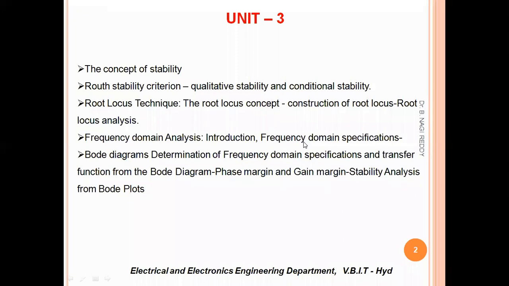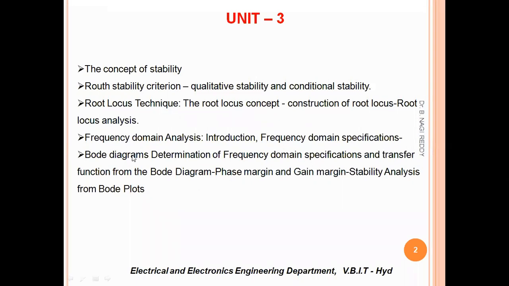The same thing we have seen in unit 2, that is time domain specifications. We have seen rise time, fall time, delay time, peak overshoot, these terms we have seen, right? So here also we'll come across the frequency domain specifications. A few terms will be there because this is the frequency domain. We will regularly use a few terms, and we need to know what those terms are, how they are defined, and how they can be calculated. We will see that in the concept of frequency domain specifications.